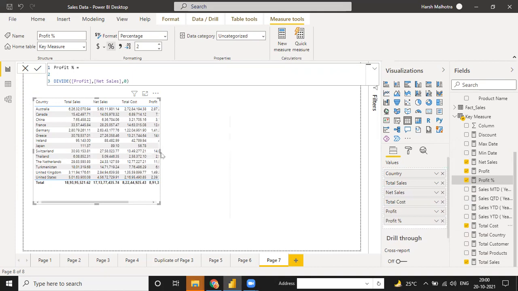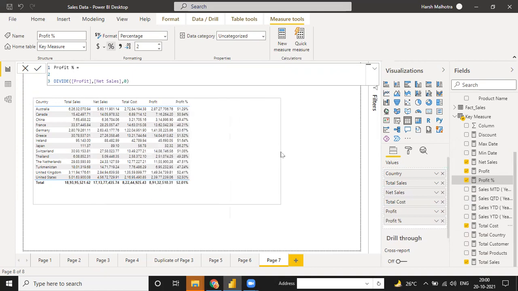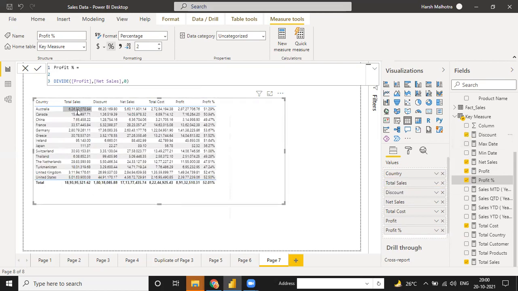See, this is your complete table country-wise. Australia, we have total sales. Net sales means we have a discount. I can also use discount. See, total sales minus discount is net sales, net sales minus cost is equal to profit, and profit divided by net sales is equal to profit percentage. But I have one question only.